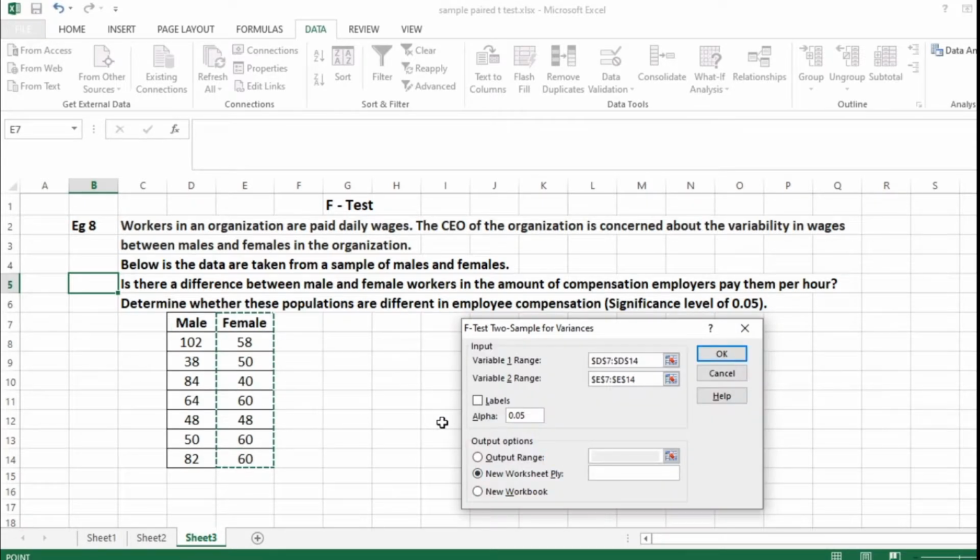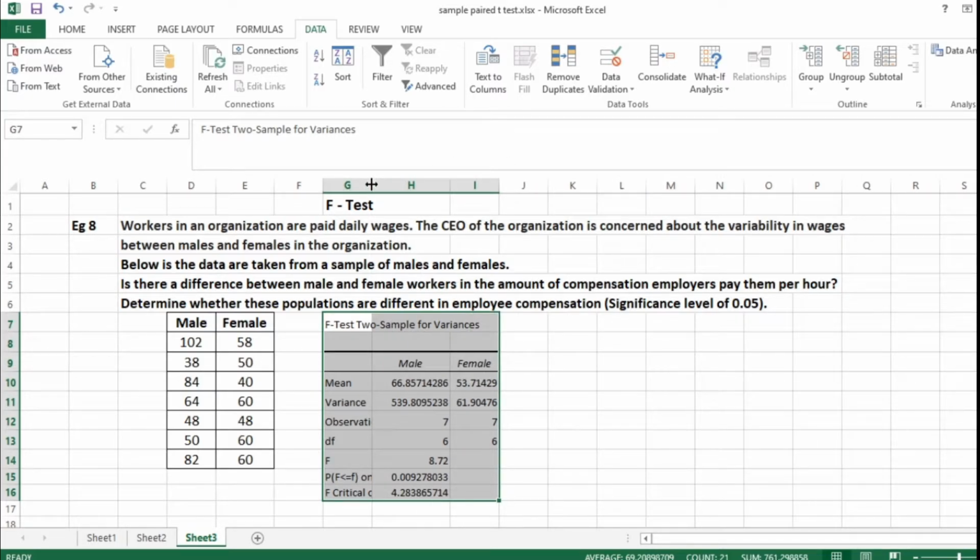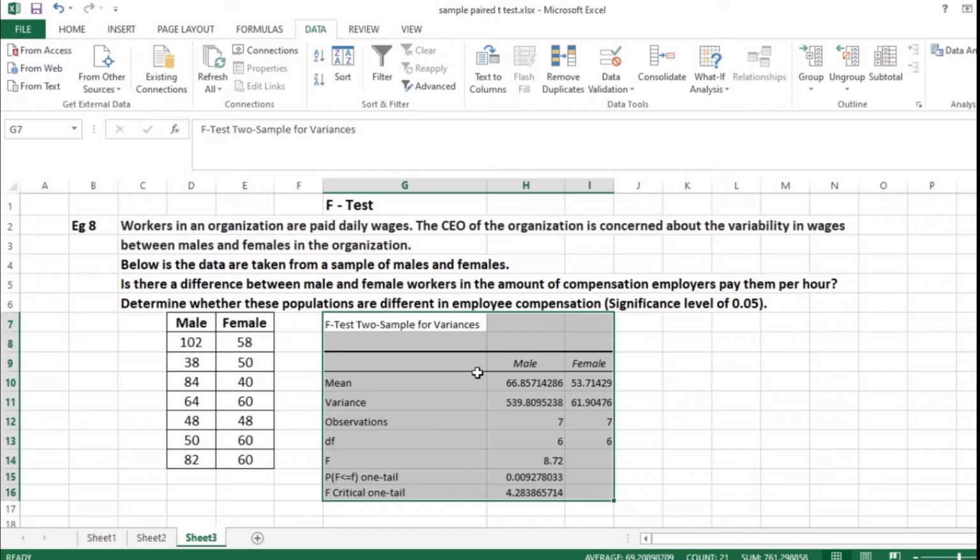As I have included male and female headings, I am selecting labels. Alpha is 0.05, and now I want the output range in this particular cell. I'm clicking this, giving OK. That's it. I got the result.